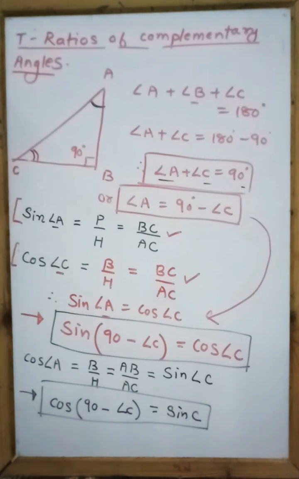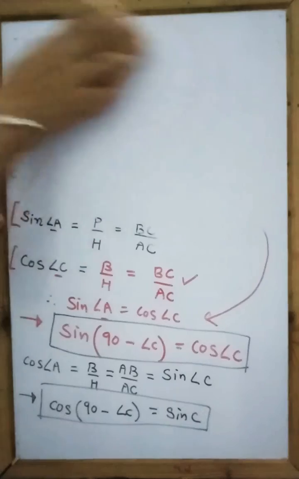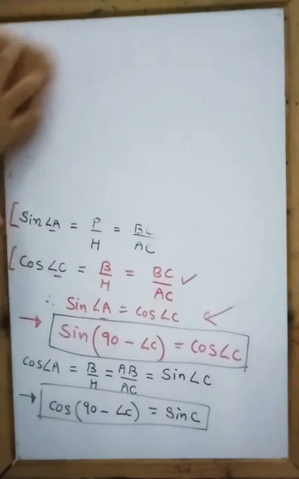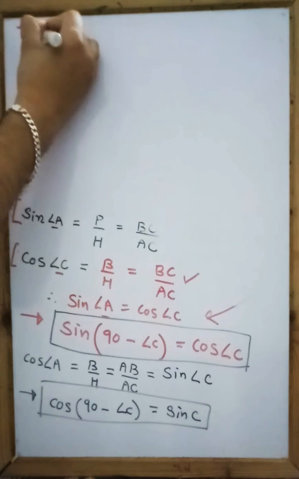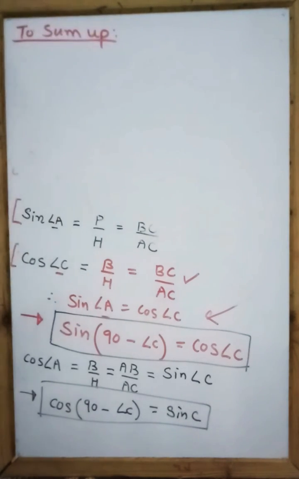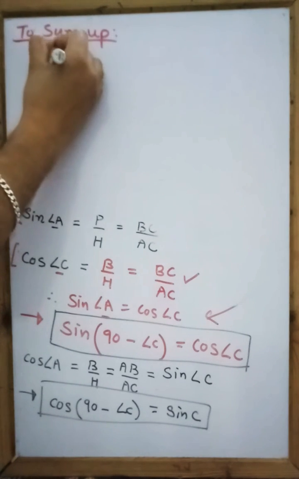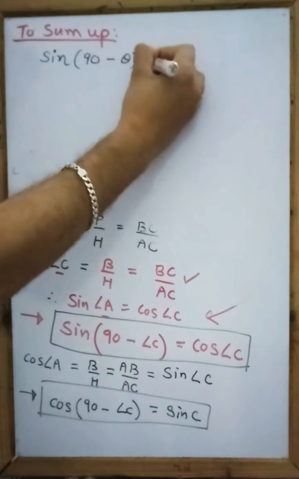So how can I generalize all this, whatever I am telling you? Look at these two formulas. What are they telling you? Now I am going to tell you the results. What are the formulas in general? So let me sum up. These are called complementary angle formulas, very very important, which go like this: sine of 90 minus theta